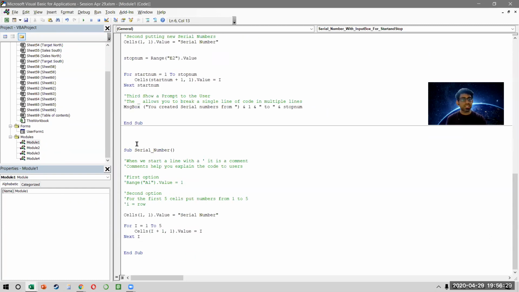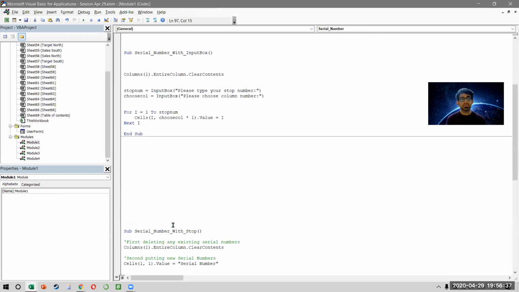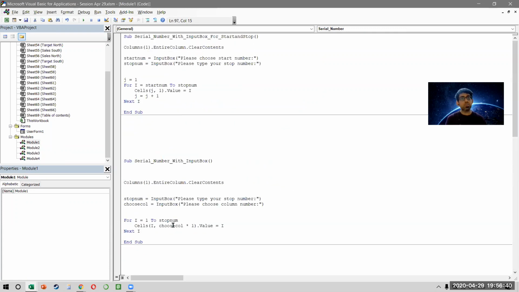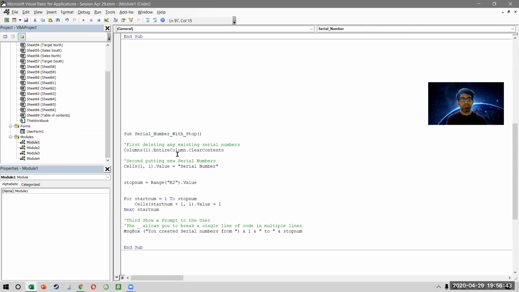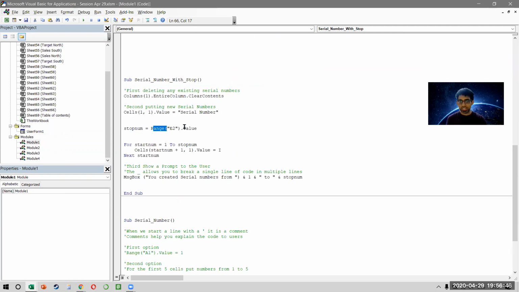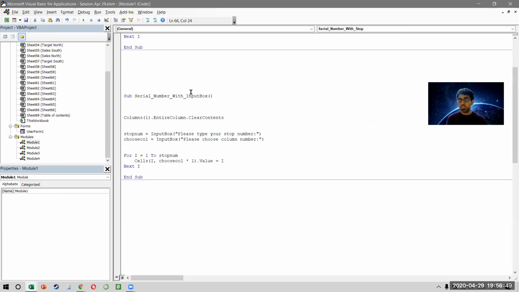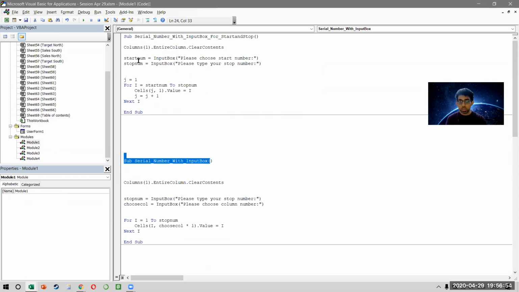Then we did a basic code, which was serial number. We write a comment by putting an apostrophe, which is green in color, and we created a loop by saying for I is equal to 1 to 5, right? Then I kept on refactoring, so I kept on improving my code. My second code had my stop number inside a cell, range E2. My third code used an input box so that the user can decide what should be the stop number. And my final code had 2 input boxes, one for the start number, one for the end number. Why did we keep the J? Remember, because we wanted to make sure that the user can choose any number as a start, not just 1 to 15, but 15 to 25 as well. Right? When you practice this, you will understand better.